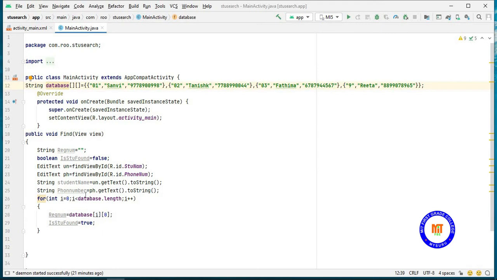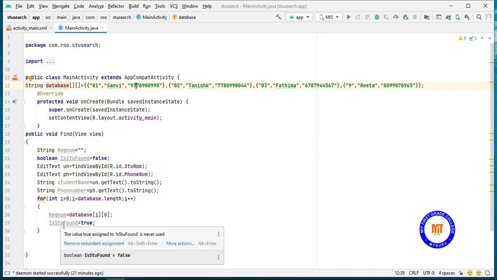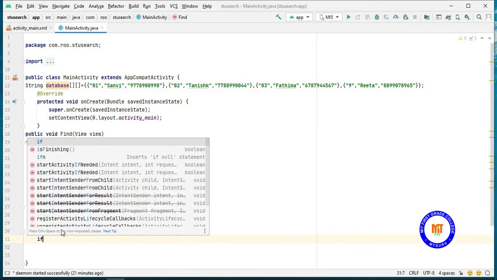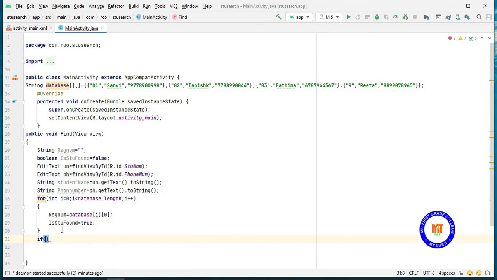In this for loop, I will be searching for the username and the phone number. If it is found, then I will make it as true. So initially its value is false. After finding, I will make this as true. Then I need to show the message that the user is found. For that I am using the if condition. If is student found is true, then